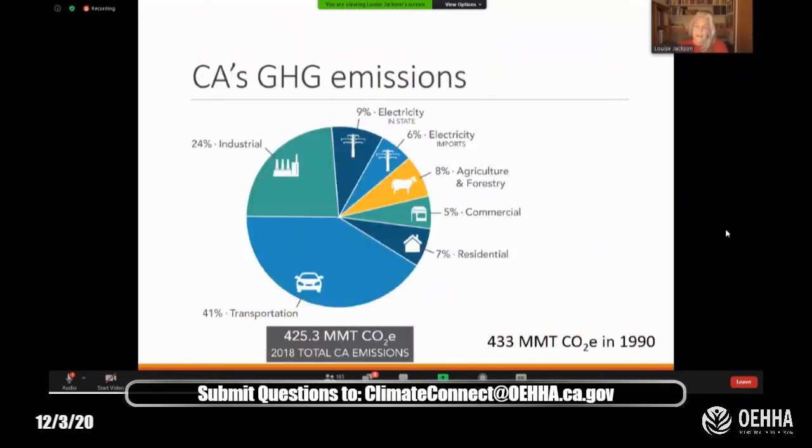Right now in California, agriculture and forestry represent 8% of California's greenhouse gas emissions. And of course, we'd like to see that reduced by interventions that reduce carbon dioxide, nitrous oxide, and methane emissions from agriculture. But we also need incredible adaptation if we're not going to see those lands converted to lands that are involved in either industrial uses or greater transportation, like urban sprawl. So how do we do that?